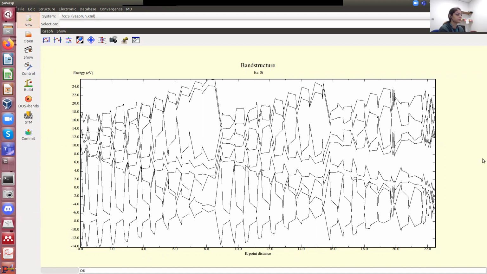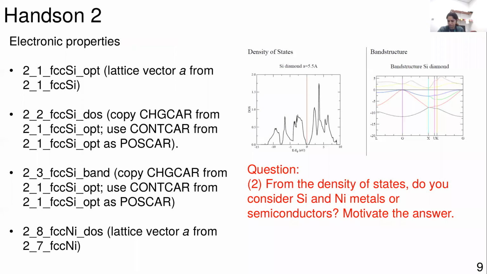I mean, when we have just optimized the structure for this silica, the next part is that we do a density of state calculation. In this case, we will give the SML equal to -5, for example, and then we do this. But in this case, I should change the key points. For the dose, you will see that the key points of the dose and the key points of the band are different, and they are also different from the optimization. So every time you do a different calculation, you need to have a different type of key point.